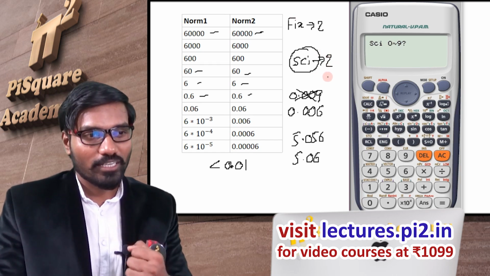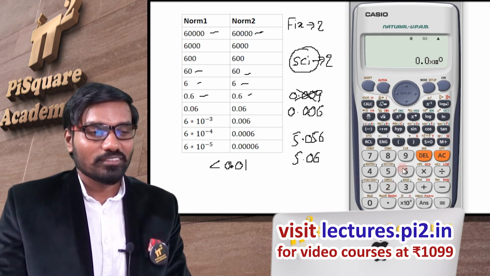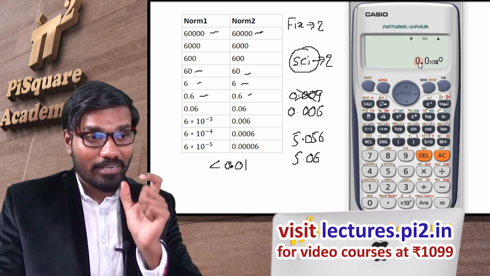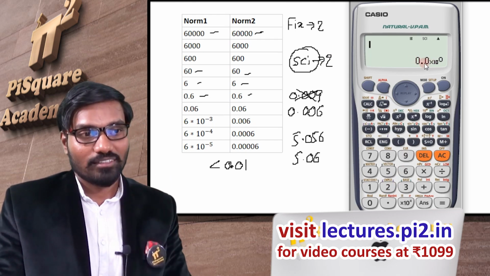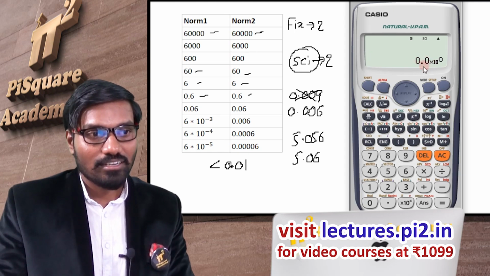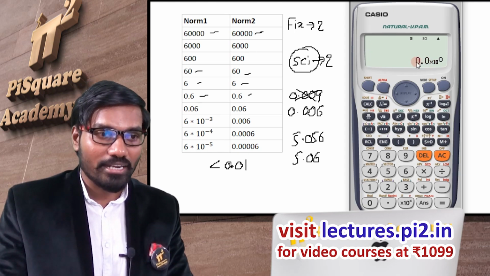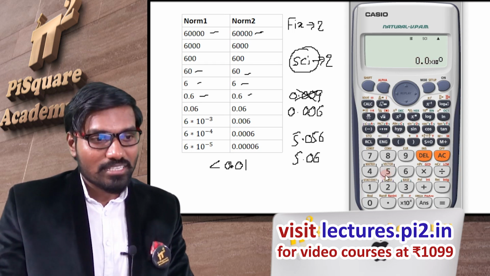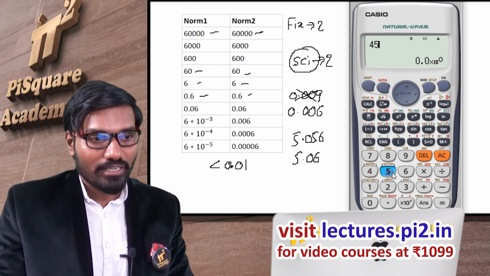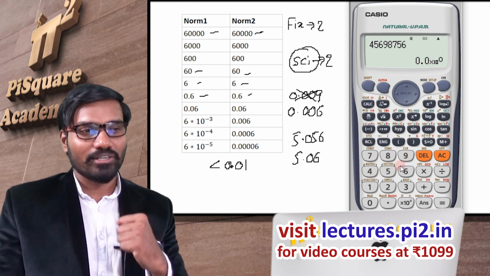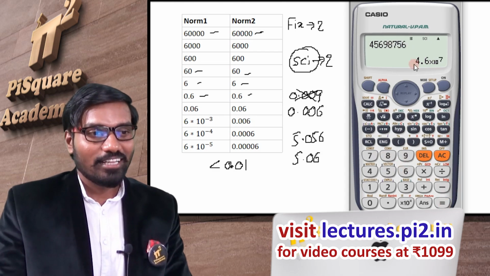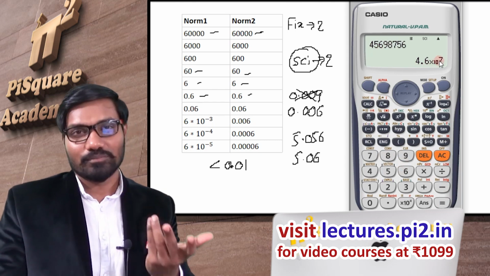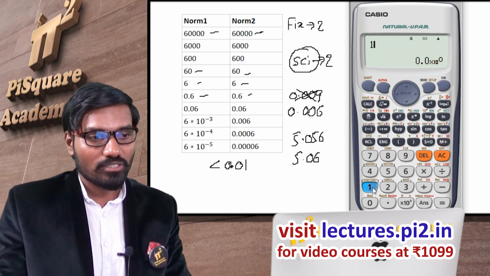Let's check with 2 only. So I am hitting 2. Now see, total digits are 2, including before the decimal point as well as after it. Total digits are 2, means whatever value I enter now, 4, 5, 6, 9, some value. Now if I hit equals, then it is rounded to total 2 digits into 10 power something. Whatever that value, it will fix to that value.